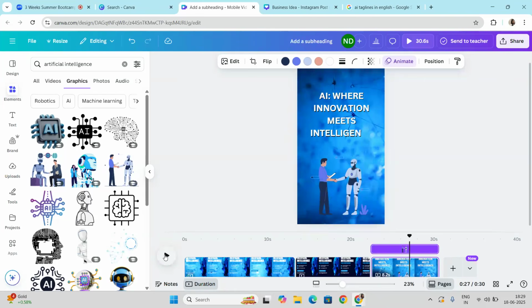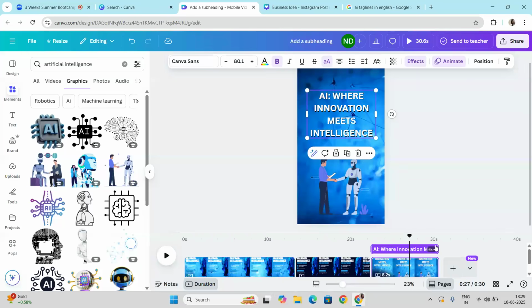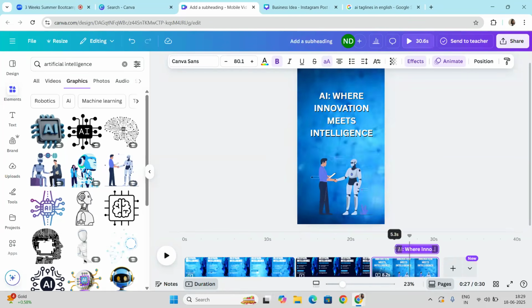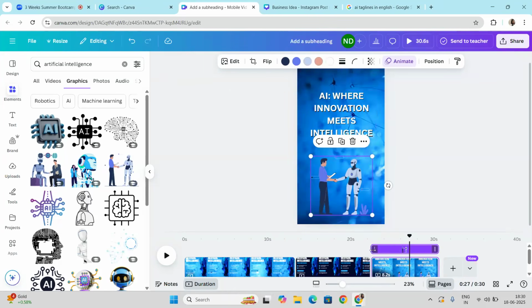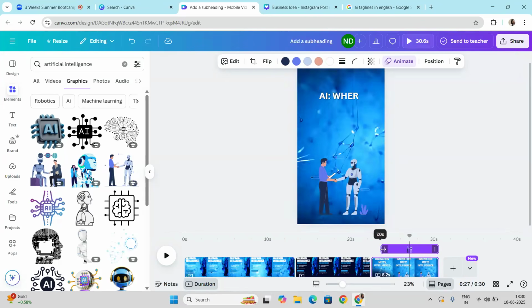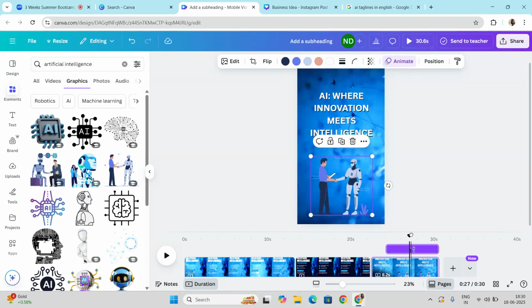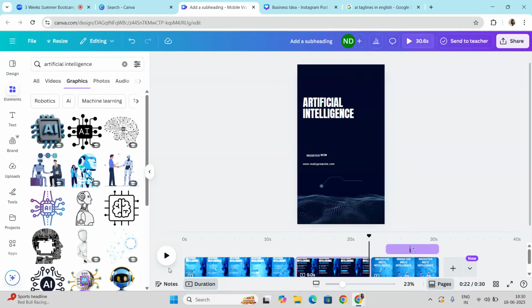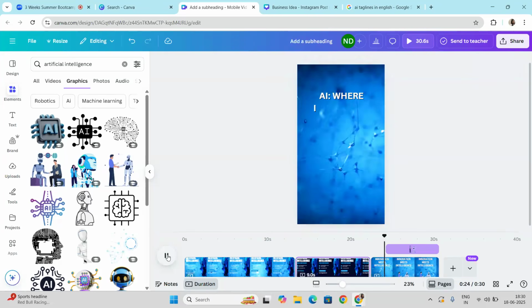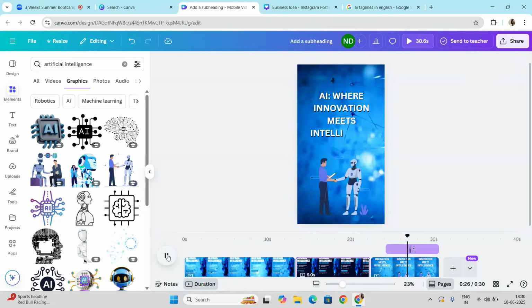But I want to manage the timing of this graphic and this text. So how can we do that? If I click on this, you can see one option given above the slide, from where you can manage the timing, like when it will appear on your screen. I want the text to appear first, and this particular graphic to appear after 6.4 seconds. So from here again I'm going to play this. Here you can see the graphic is shown on our page at that timing.